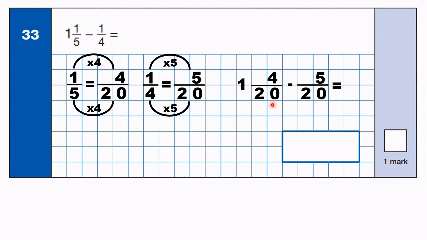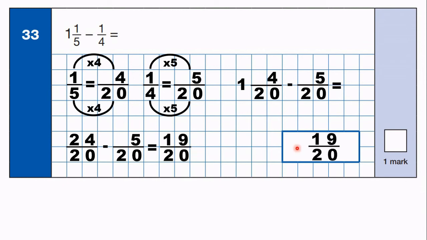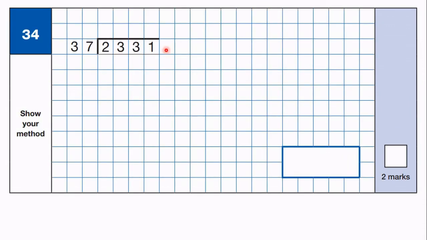But here, we can't do 4/20 minus 5/20, so we need to exchange our 1 whole for 20 more 20ths. 1 and 4/20 is the same as 24/20, and we can subtract 5/20 from that to get 19/20, so that's our answer. For